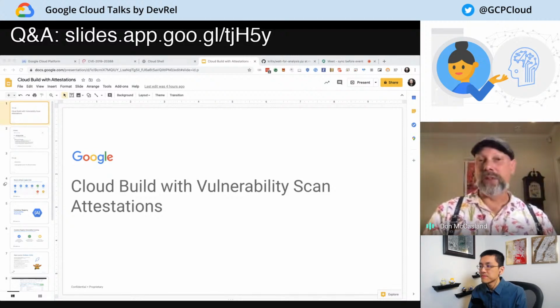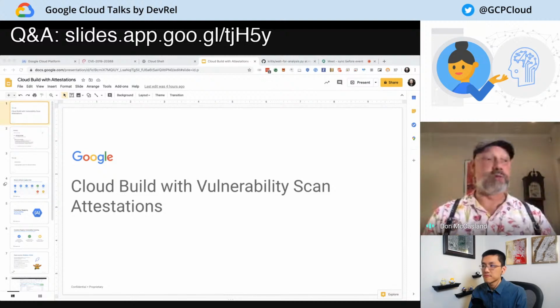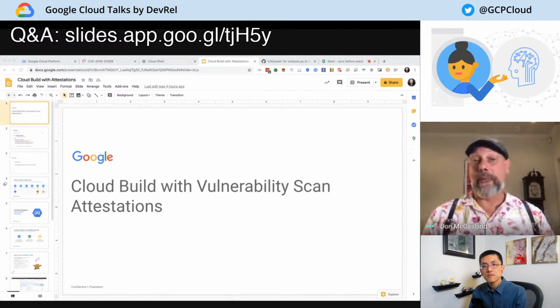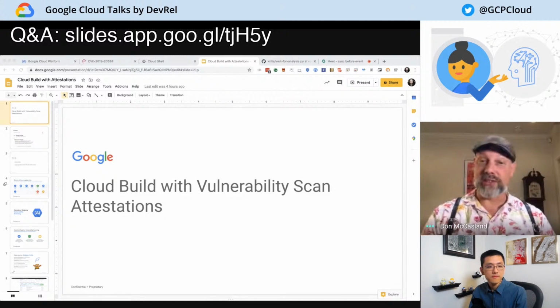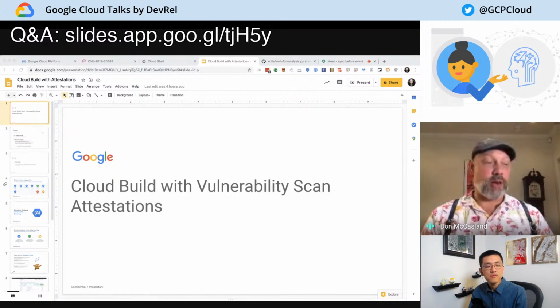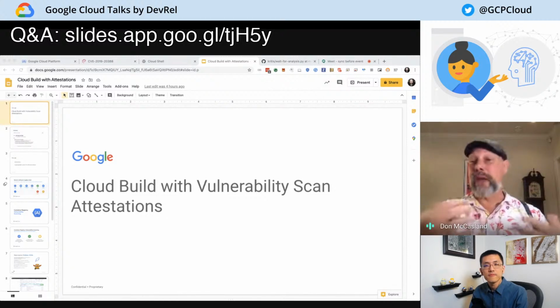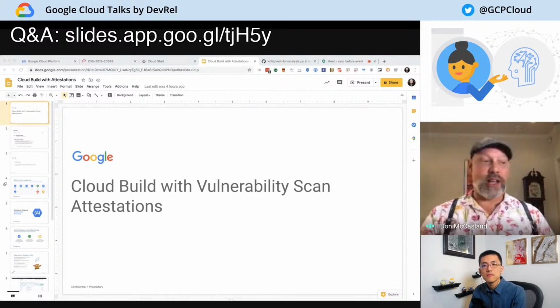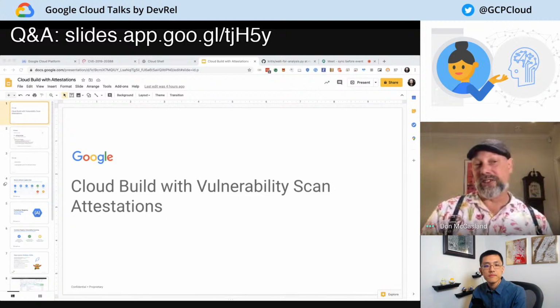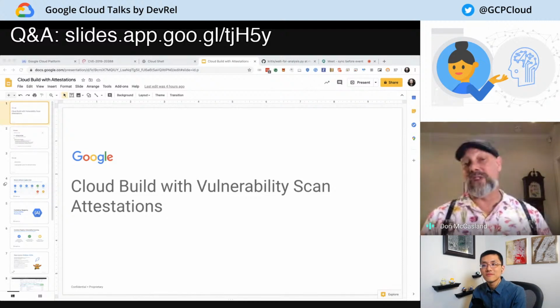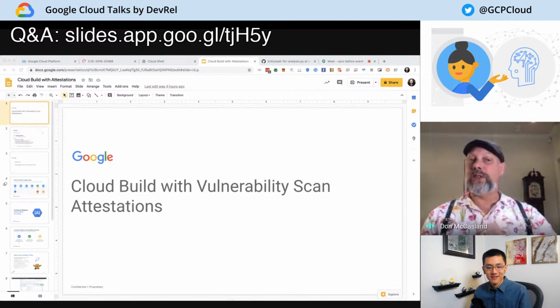Yeah, I mean, so Cloud Build is a relative newcomer compared to what's used in most places. Most companies are still using Jenkins or TeamCity from JetBrains or Bamboo, but having managed a lot of these systems, I can say that Cloud Build is easier to manage because you don't have to manage it. And also, one of the things that Cloud Build does that I really appreciate,